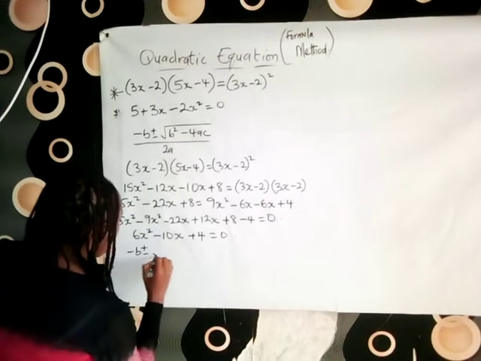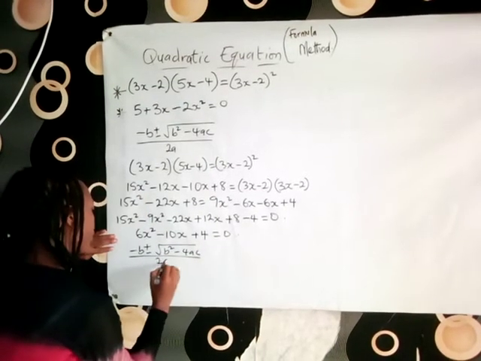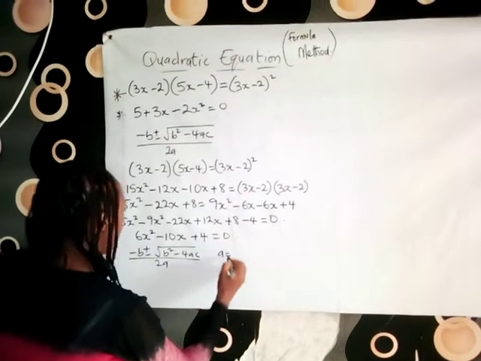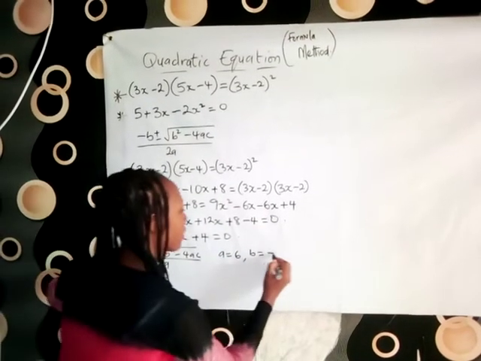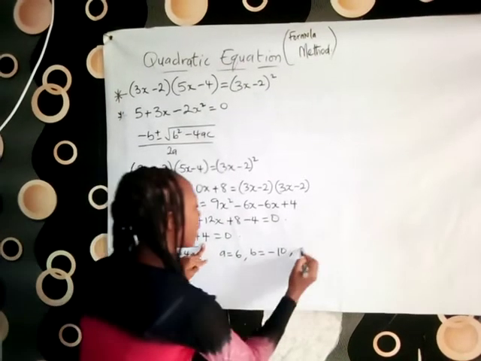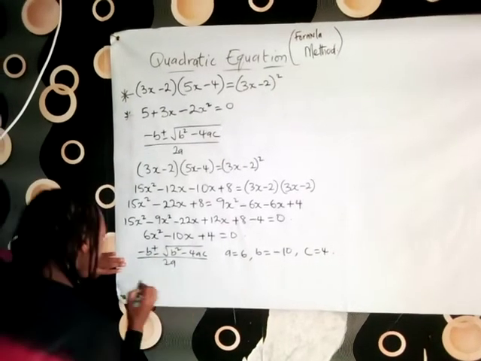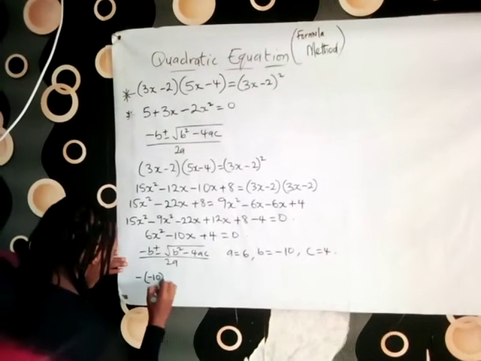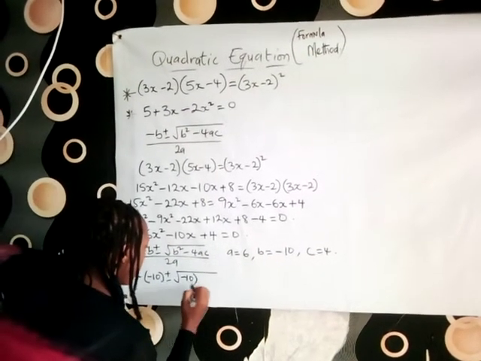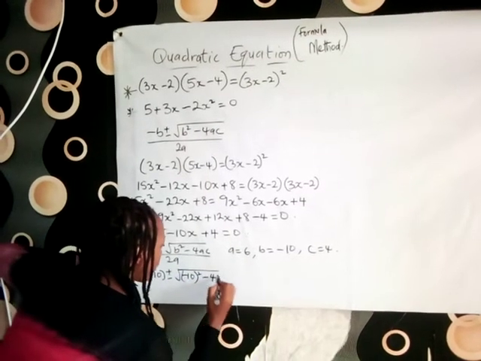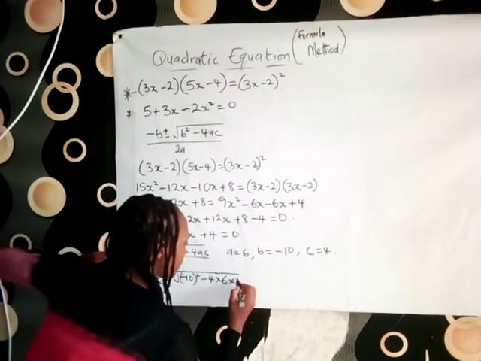Minus b plus or minus the square root of b squared minus 4ac, all over 2a. Like I said, our a is 6, the coefficient of x squared. Our b is minus 10, the coefficient of x. And our c is 4, the constant. With that, we can use this formula. Our b is minus 10, so minus open bracket minus 10, plus or minus the square root of b squared, which is minus 10 raised to the power 2, minus 4 times our a, which is 6, and our c, which is 4,